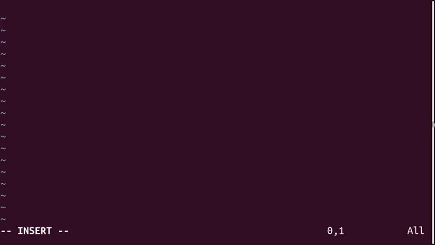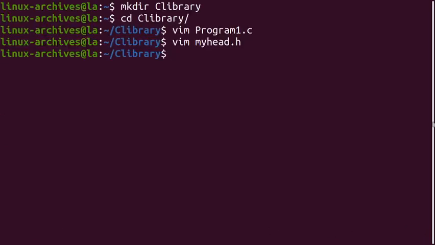This will have the prototype for the function. This will be used where we are going to call the function. Now let's write a C program to call this function.